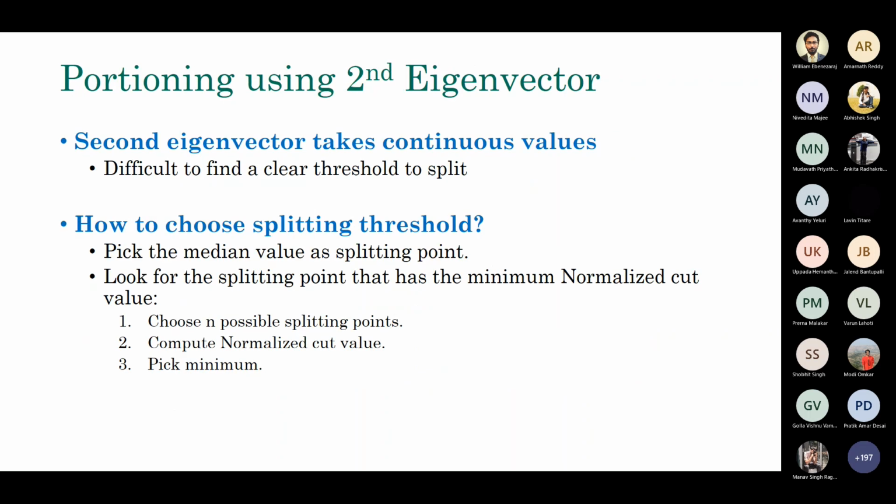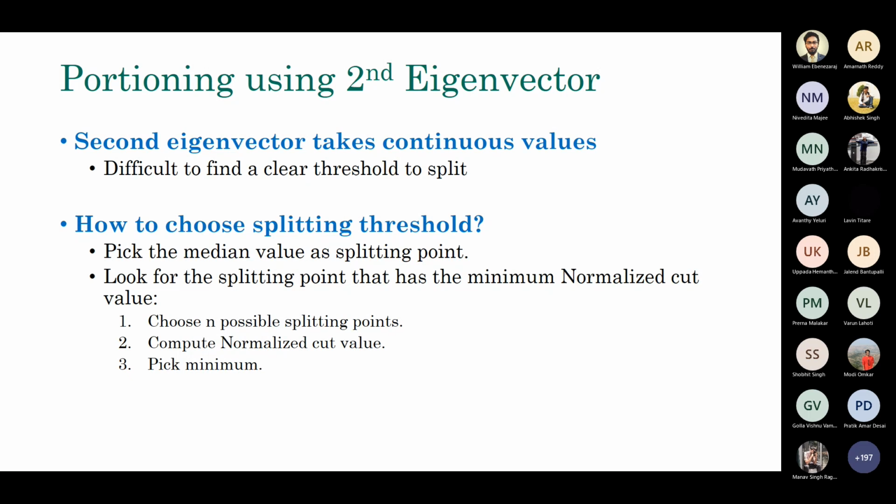So this is the final slide for partitioning. Because you have n nodes in a graph, the dimension of this eigenvector would be n. There would be n entries in the eigenvector, and every entry will have some real number value, telling whether I belong to this class or that class. So all we have to do now is split the eigenvector into two based on some threshold. All the values above the threshold will belong to one cluster, and below the threshold belong to another cluster.